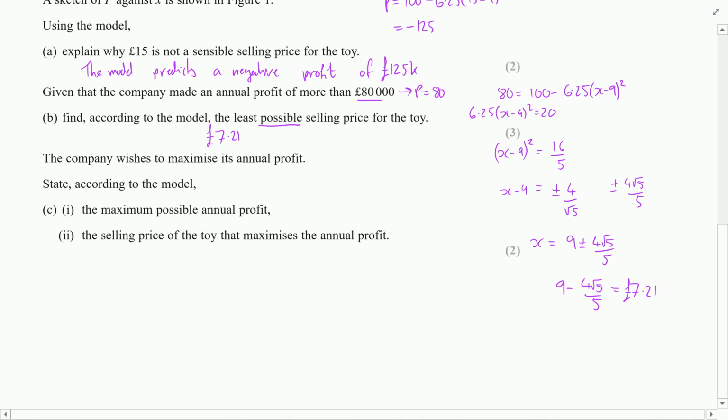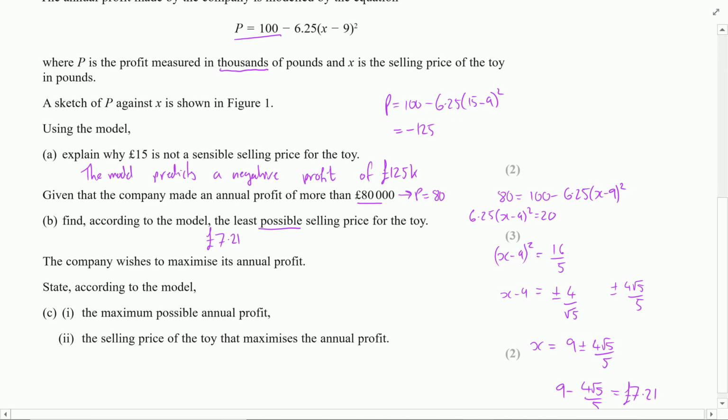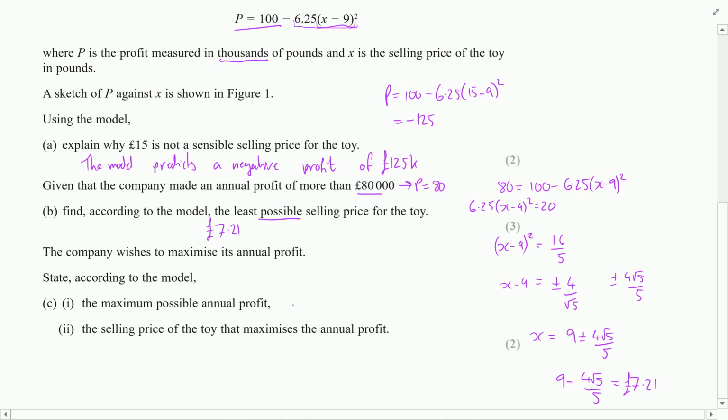The company wishes to maximise their annual profit. We want to state the maximum profit possible from this model. So we can see here that x minus 9 all squared is always going to be a positive value. So I'm always subtracting a positive value from 100. So the largest value this can take would be 100. So the maximum profit for the company would be